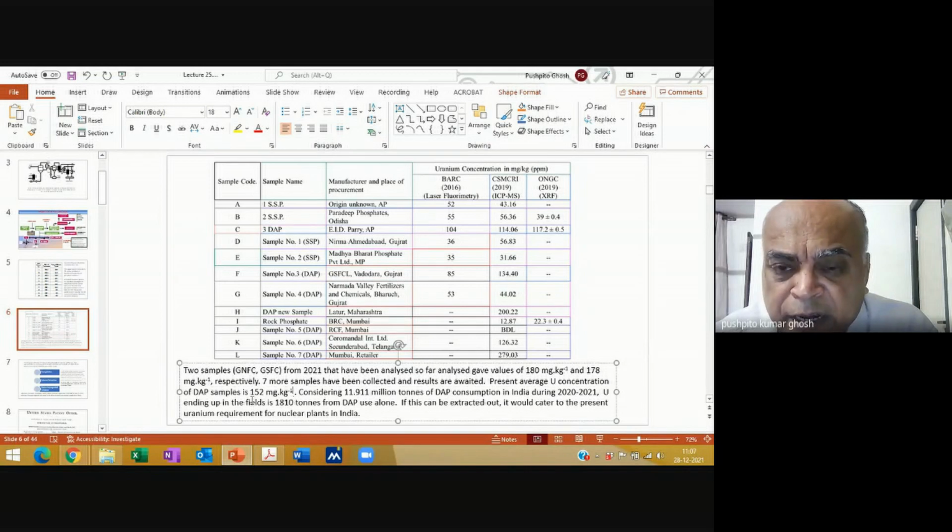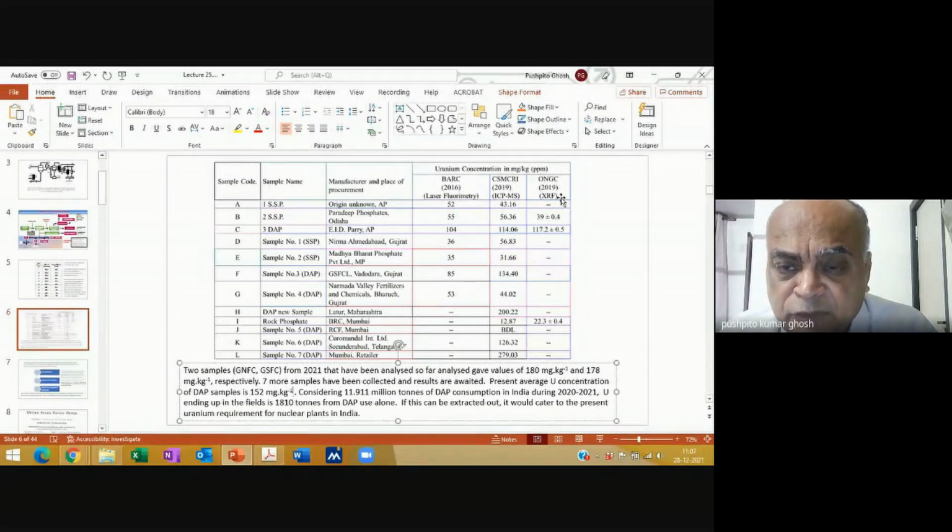Like in Punjab, for example, there's a huge number of cases of cancer in some of the regions, especially very agriculture intensive regions. People have been talking about all kinds of causes. I'm sure this uranium has got something to do with it. How can it not have something to do with it? That's why it was analyzed so responsibly by 3 different agencies, just to be sure that these are not artifacts,